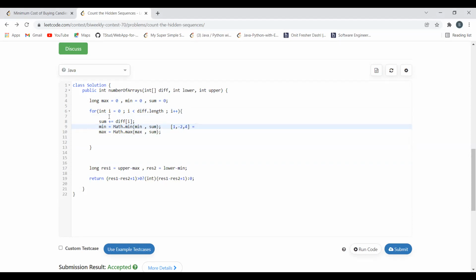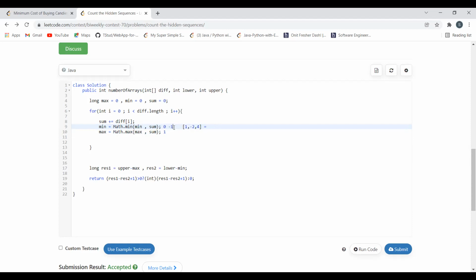So sum, if you move inside this, is going to be 1. Min will remain as it is, that is 0, because in this we are storing the minimum value. Max value will be updated to what? Let me write here. Min value will remain 0. Max will be updated to 1. Then we move to the next element, that is minus 2. So sum is already 1, so minus 2 plus 1 gives minus 1.